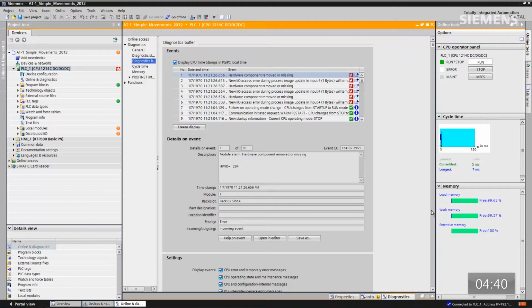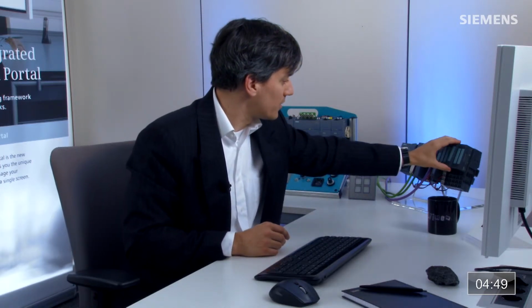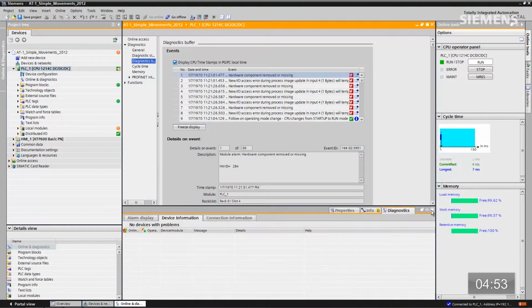It is an error for rack 0 slot 4, and it says this hardware component is removed from that particular rack. That is correct, so I can solve the problem easily. Let me put this back in the rack real quick. Problem is now solved. It goes back and scans everything, and we have an outgoing message, and everything is now